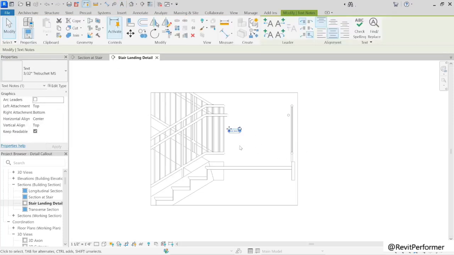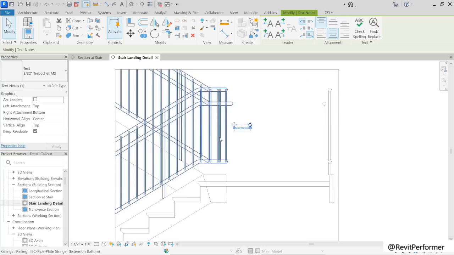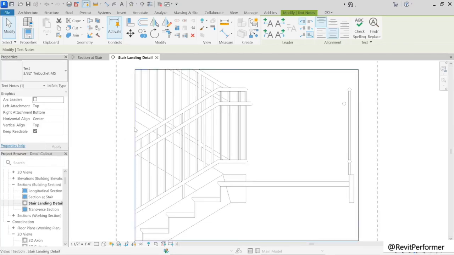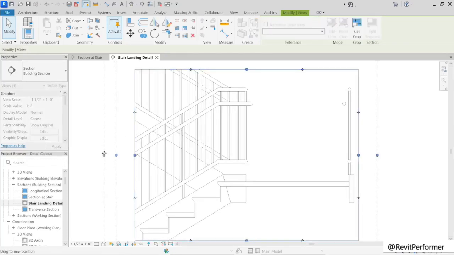Now I'm going to grab that note. Let's zoom in just a touch so we can see this a little better. And using the little grip control on there, I'm going to start to drag it out toward the edge. Now, as long as you keep it within that dashed box, it will continue to display. But as soon as any part of that note touches the dashed box or goes beyond it, it will disappear. And that's what the annotation crop is designed to do. So, of course, you could select this and just widen that annotation crop and the note will come back again.